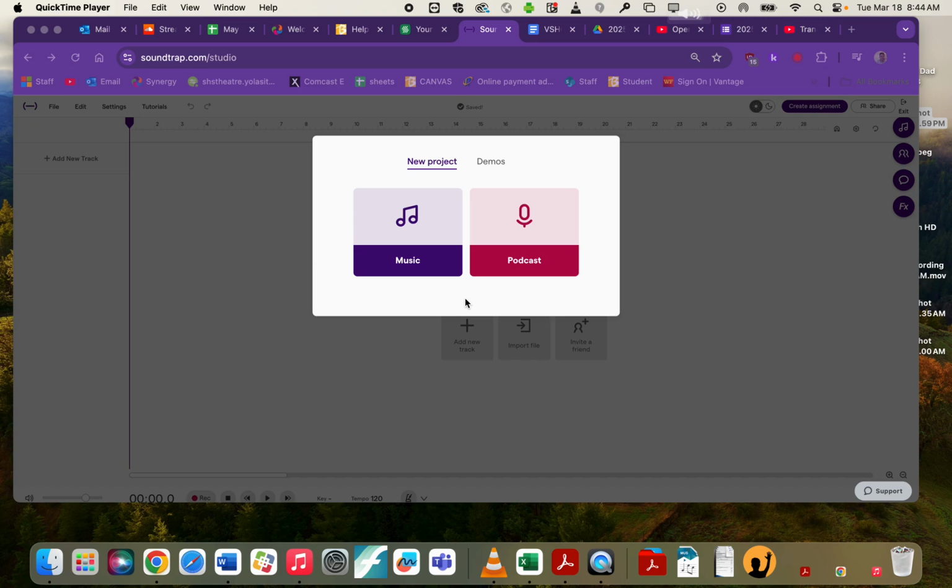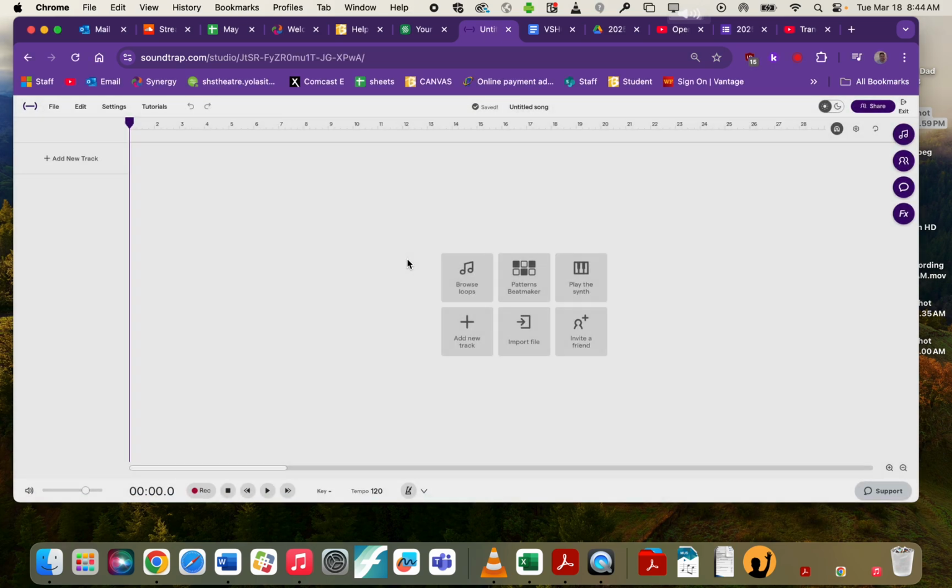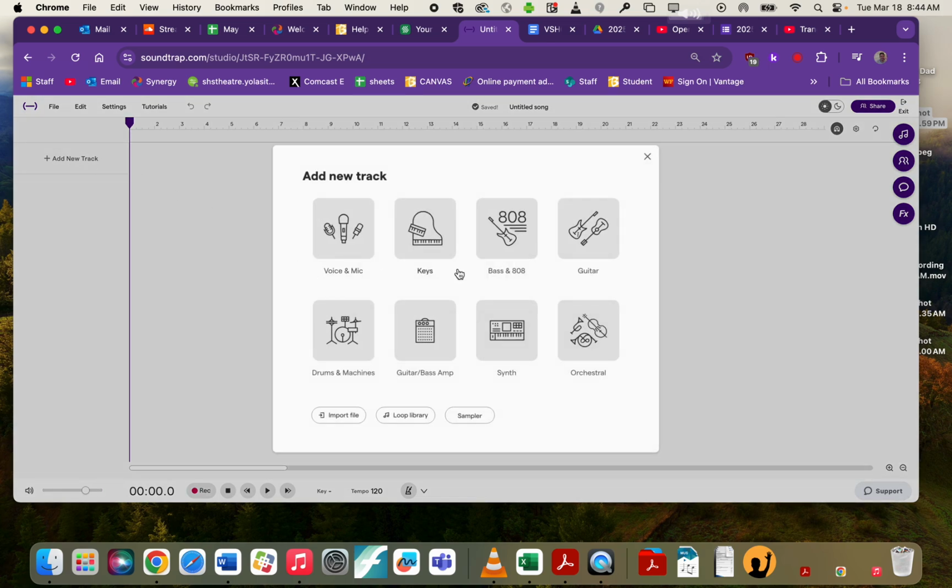Okay, going to try and show you real quickly how to kind of make a quick song. Again, the idea here would be that you already have a song that you analyzed, that you have a chord progression for. But honestly, you could do this if you don't have. I'll show you, okay? So what we need to do is we need to add a track,